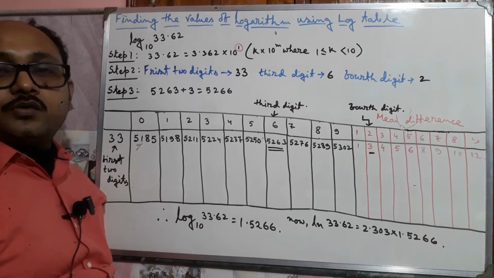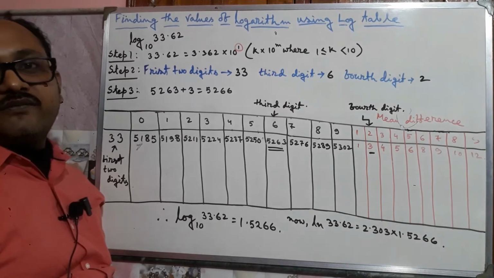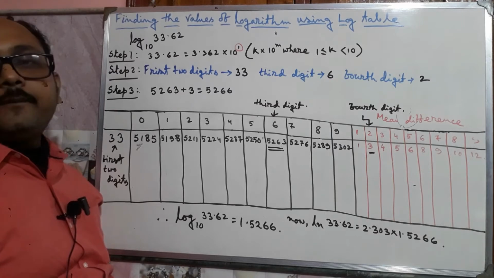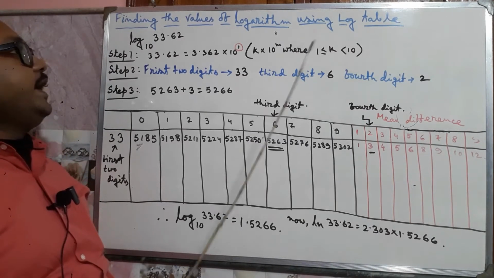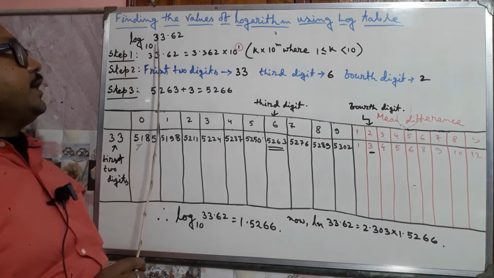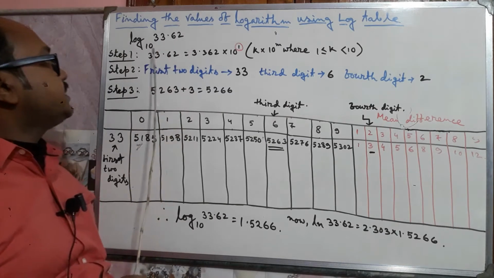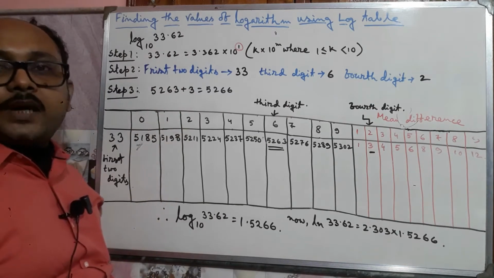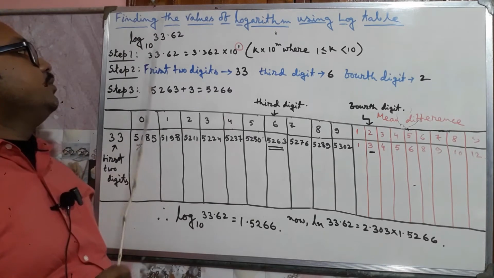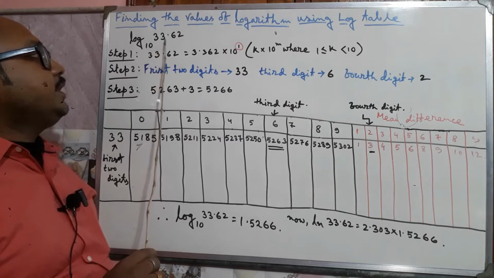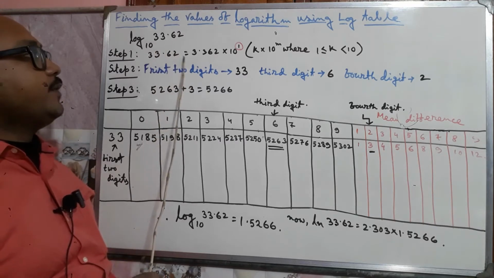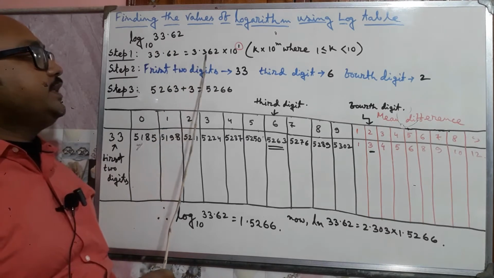In this video we shall discuss finding values using the logarithm table. We are going to find the value of log 33.62 to the base 10. What is the first step? What should we do? We are to represent this number 33.62 in the standard form, that is 3.362 into 10